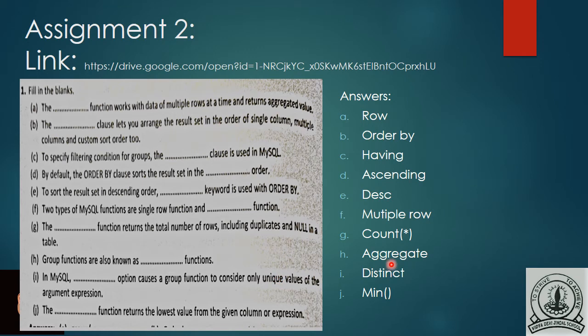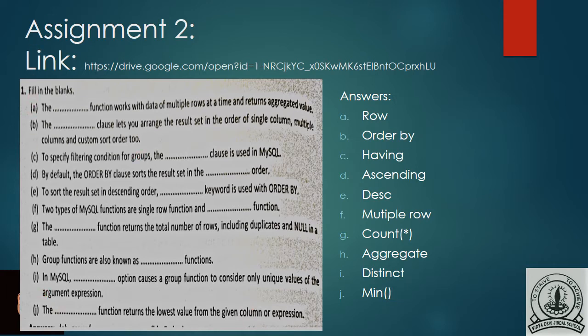Next, by default the order by clause sorts the result in ascending order. It's very clear. Now to sort the result in descending order, DESC keyword is used with order by. Now two types of MySQL functions are single row function and multiple row function.